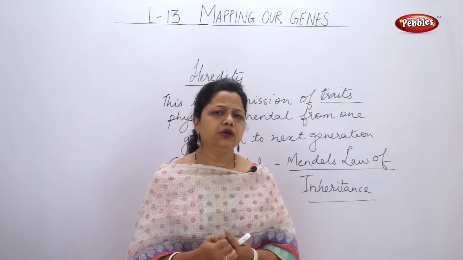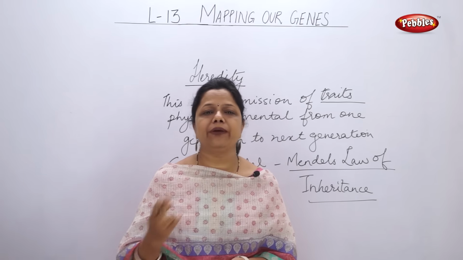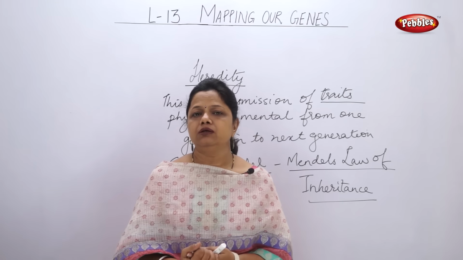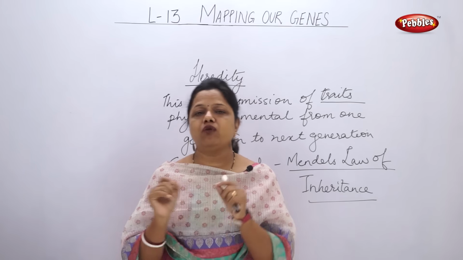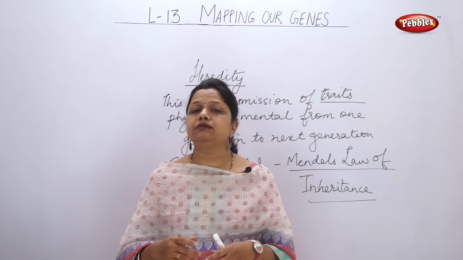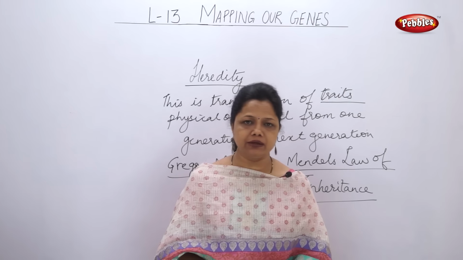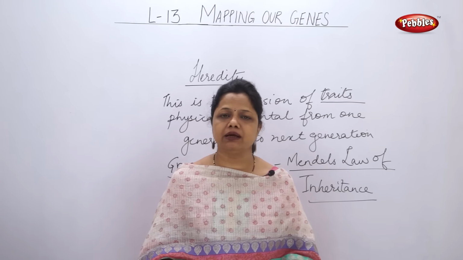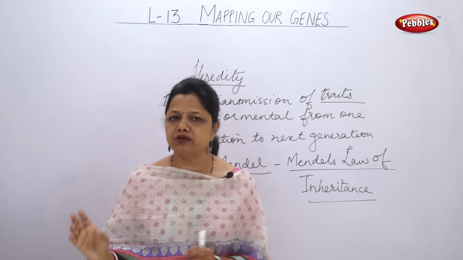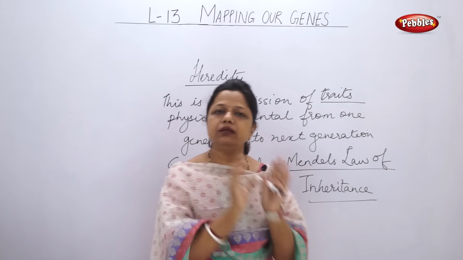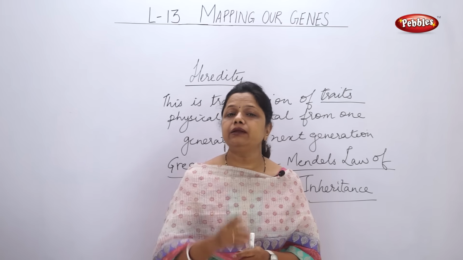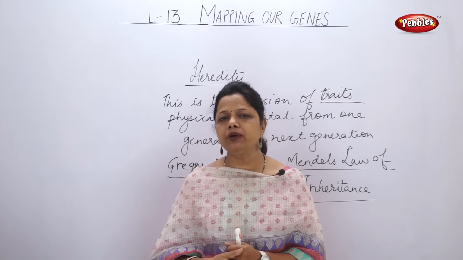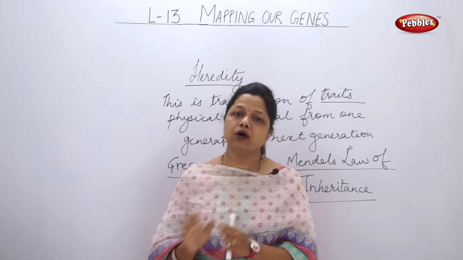As you know, a human being has 23 pairs of chromosomes, right? So 23 pairs, that means a total of 46. When I say equal contribution from parents, that means 23 chromosomes come from the father and 23 chromosomes come from the mother. This is how 23 pairs of chromosomes are formed in a new organism or a new baby.